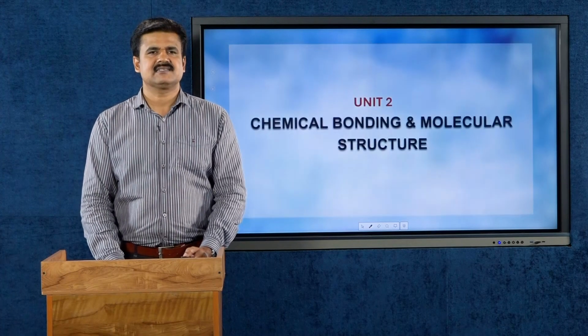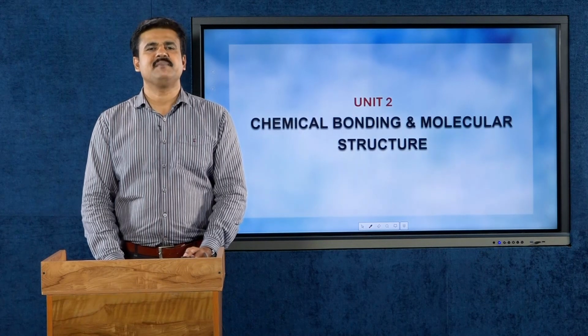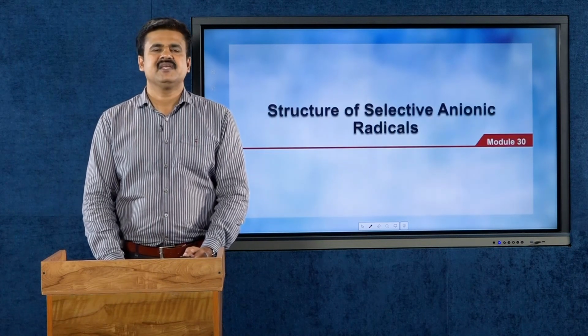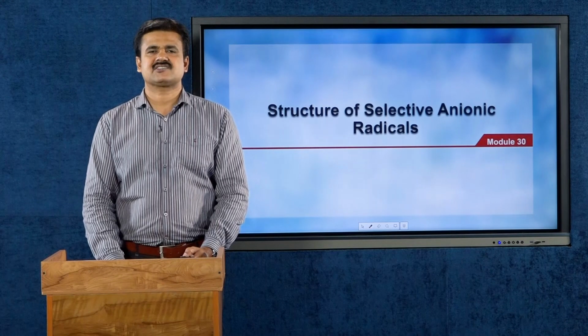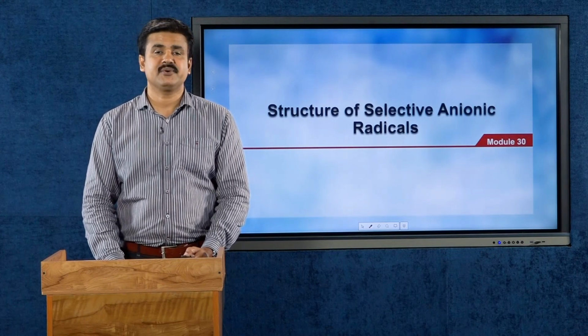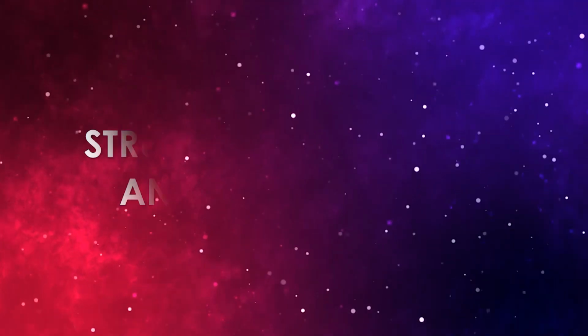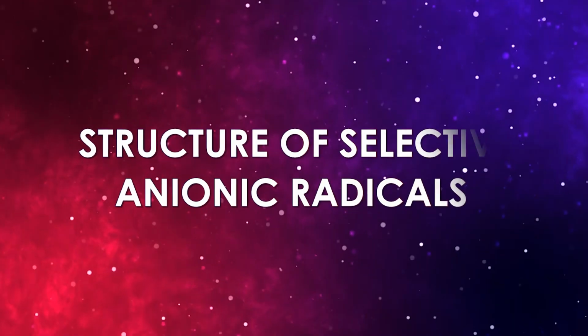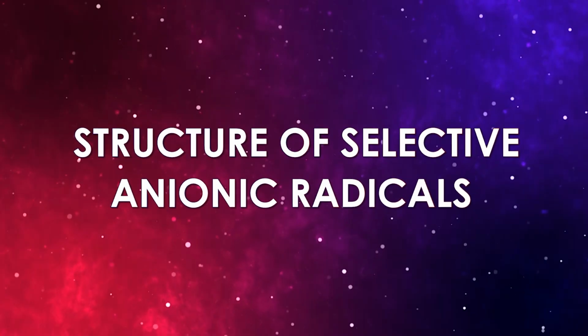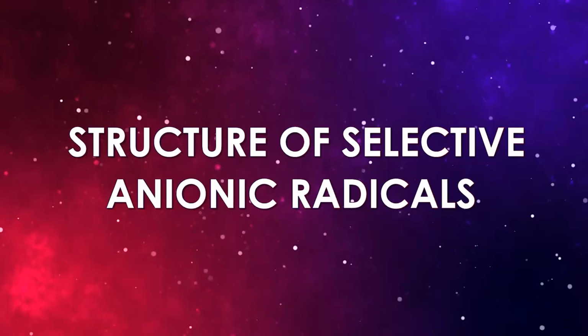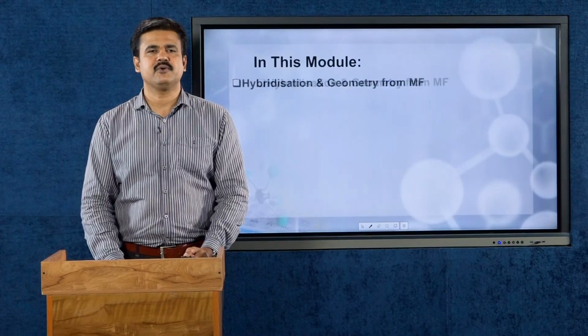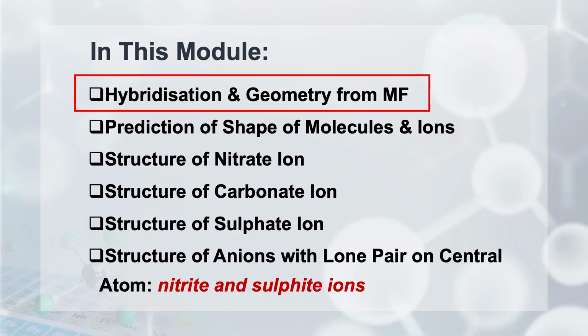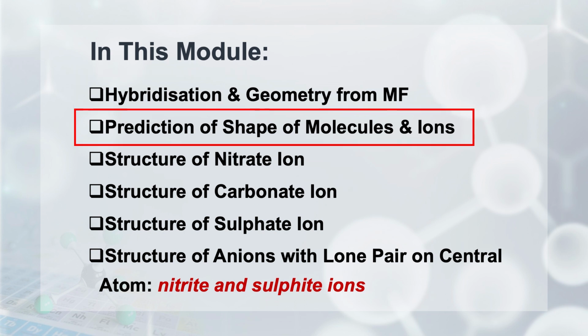Welcome dear learners. We are continuing Unit 2, Chemical Bonding and Molecular Structure. In the present module, we are discussing the structure of selective anionic radicals. The contents of this module are hybridization and geometry from molecular formula, prediction of shape of molecules and ions, structure